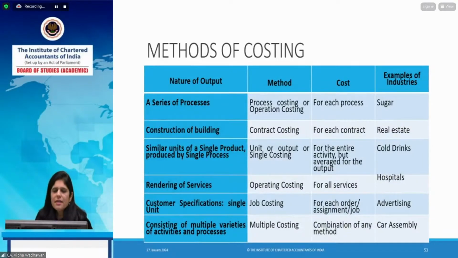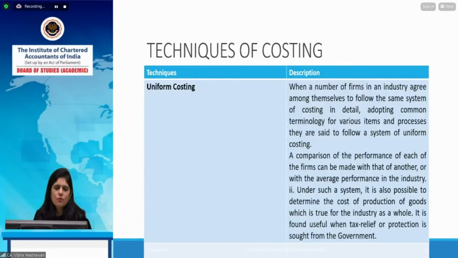So these are the examples which this PPT will be shared, and you can just go through. So there are some techniques of costing. Again, uniform costing. Technique of costing है यूनिफॉर्म कॉस्टिंग, मीन्स व्हेन ऑल द फर्म्स इन द सेम इंडस्ट्री फॉलो सेम कॉस्टिंग। क्लियर। उनके कोड सेम होते हैं, उनके प्रोसेसेस सेम होते हैं, दे फॉलो द सेम सिस्टम, सो दैट कंपैरिजन कैन बी इजी। आप एक फर्म दूसरी फर्म से कैसे कंपेयर करेगी, उनका सिस्टम सेम होना चाहिए, कोडिंग सेम होनी चाहिए, प्रोसेसेस सेम होनी चाहिए। सो वहां पे यूनिफॉर्म कॉस्टिंग होती है।